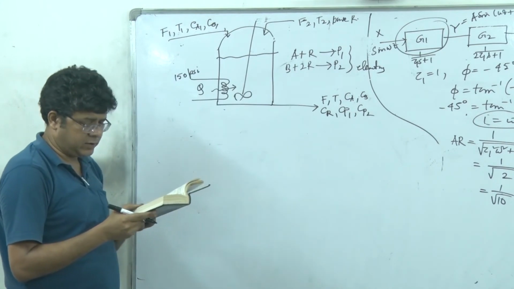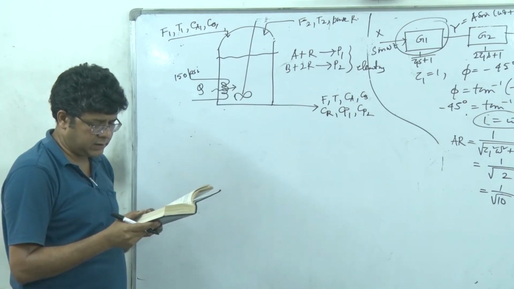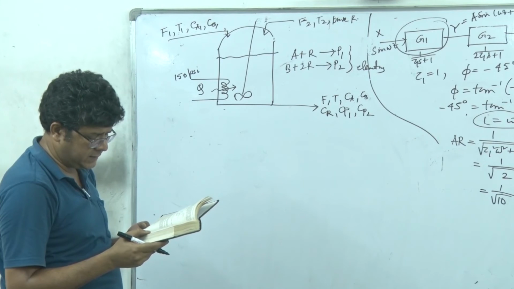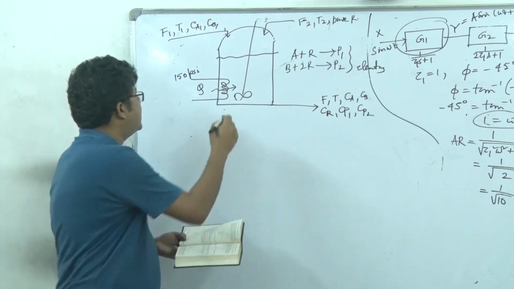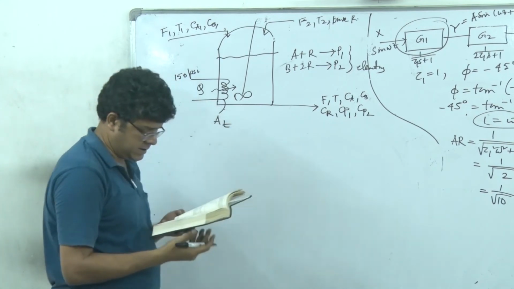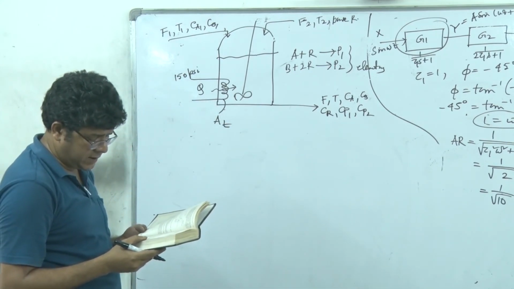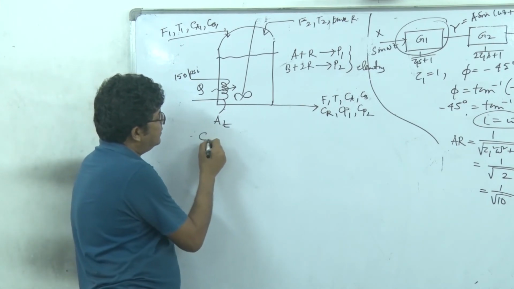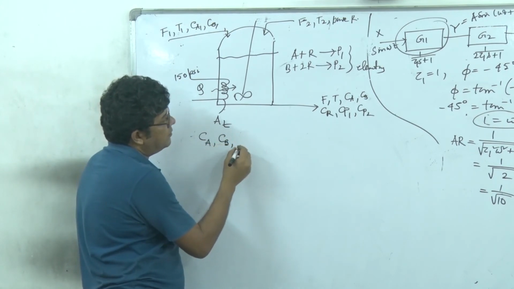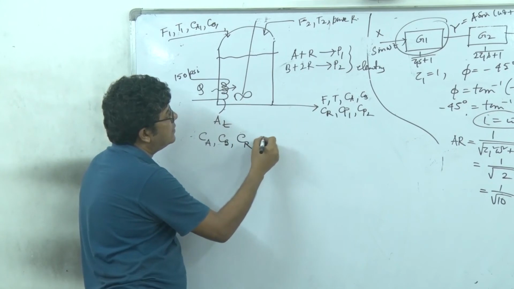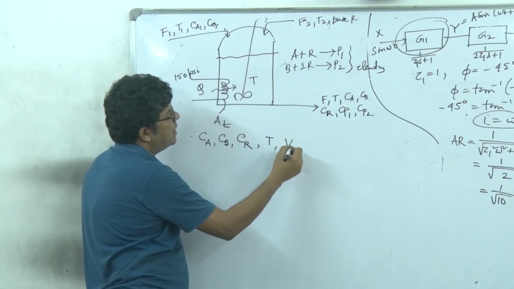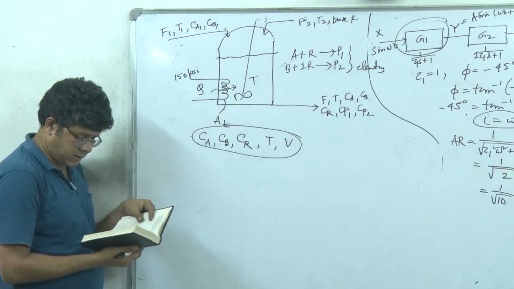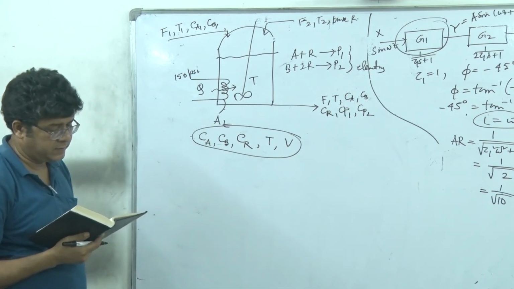Both reactions are endothermic and have second order and third order kinetics. Heat is supplied to the reaction mixture by steam which flows through the coil immersed in the reactor content, with a heat transfer area of 80. What are the state variables describing the natural state of the system? The state variables will be Ca, Cb, Cr, system temperature T and volume V. These definitely describe the natural state of the system.